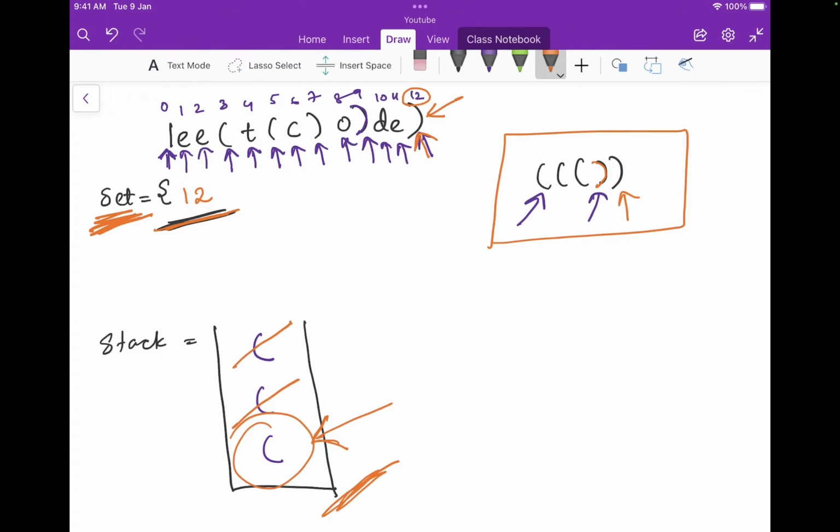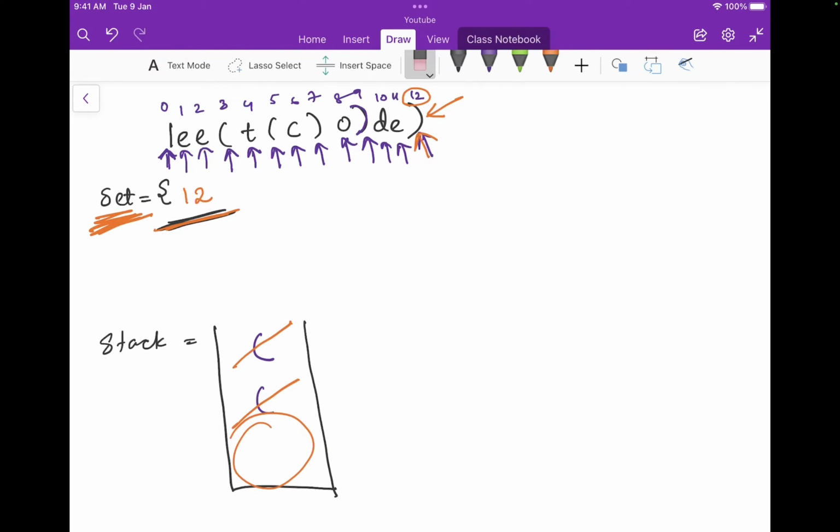And then we go through our string and we create another string that is going to be our result. So going back to the first example here, let me get rid of this. This is not done yet. So we have one index in our set. So we now construct a new string. We go through the existing string until we get to index 12, and then we just basically create a new string. So until we get to 12, so 0 to 11,